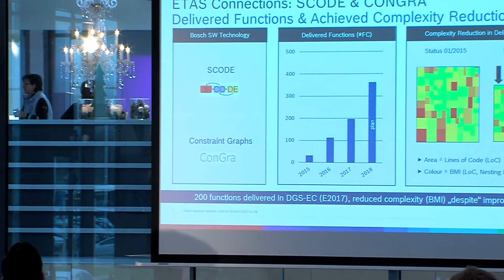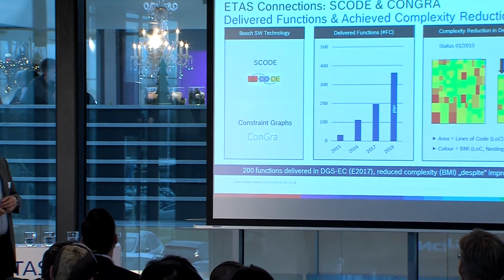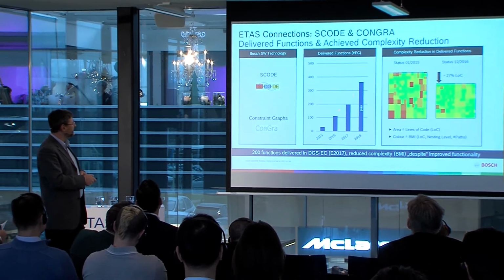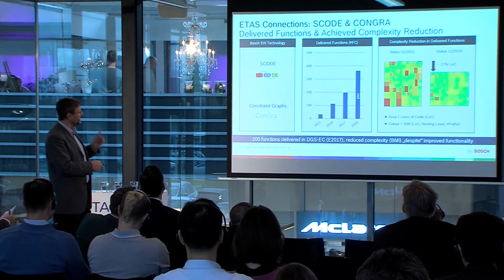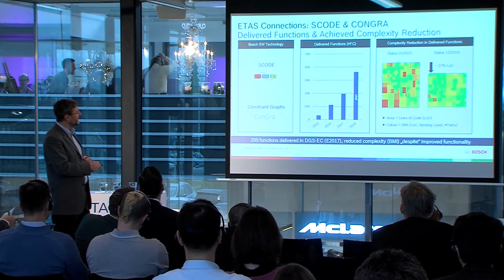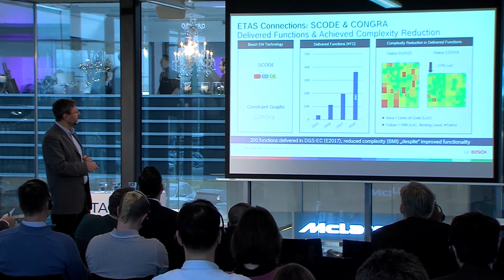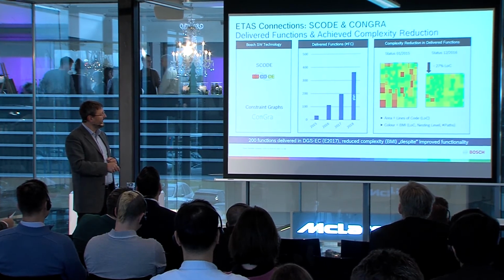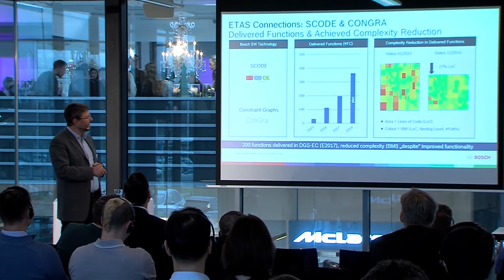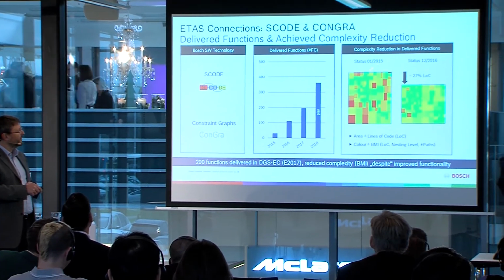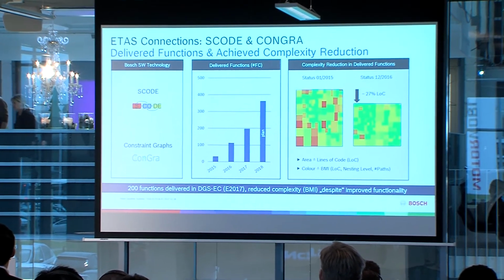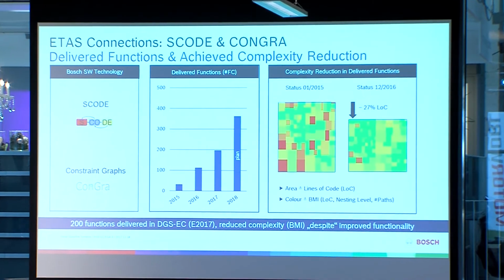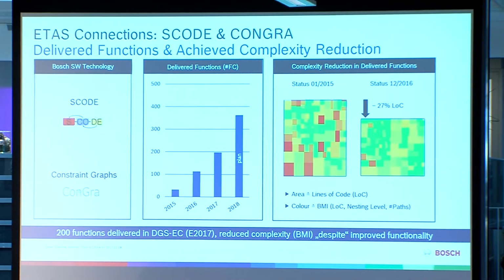So I presented one function to you. You can say, well, of course, it's always nice to have one pilot that works. But we have now more than 300 functions that we implemented. Sorry, 200 are implemented, and the plan for next year is to get to more than 300. From the 200 that we've implemented, we've measured before and after the size of the rectangle. It stands for lines of code, so number of C statements. And you can see how we were able to reduce that.